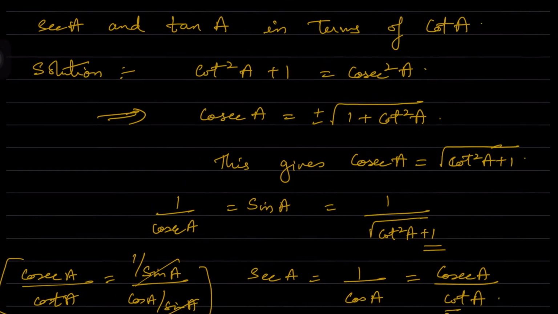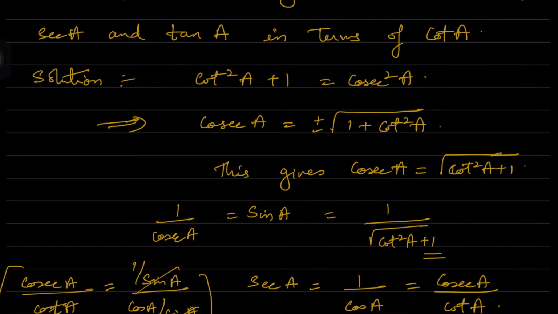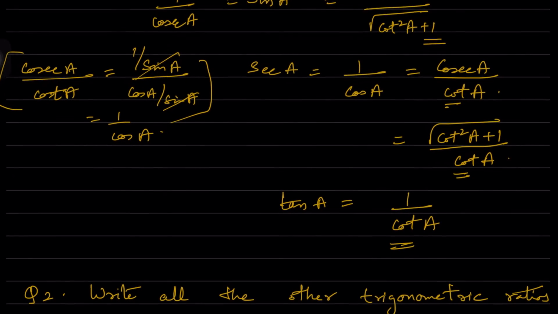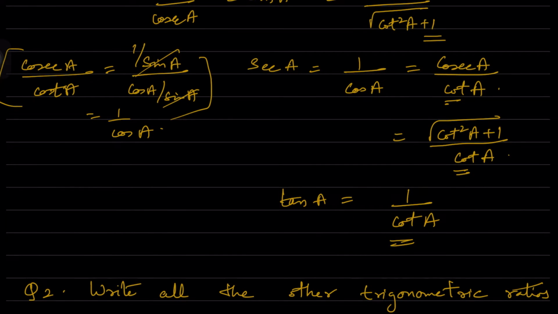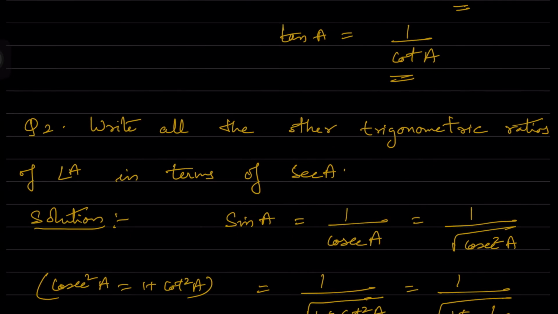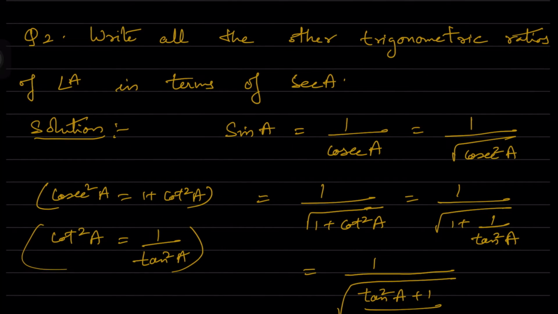And you also have cot square A plus 1 is equal to cosecant square A. From that we have taken this, and tan A is equal to 1 by cot A. Now write all the other trigonometric ratios of angle A in terms of secant A. We have sin A is equal to 1 by cosecant A, or cosecant A is equal to 1 by sin A. So that is equal to 1 by root of cosecant square A,